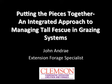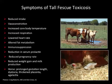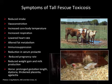We're going to try to take an integrated approach, and you've seen this. I'm not going to linger long on this, but we focus today a lot, in Glenn Aiken's talk, on the symptoms of tall fescue toxicosis. All of these symptoms. That's not an all-inclusive list either. A lot of these slides will be from that bulletin that Craig and I put together quite a few years ago now, and we focus on these